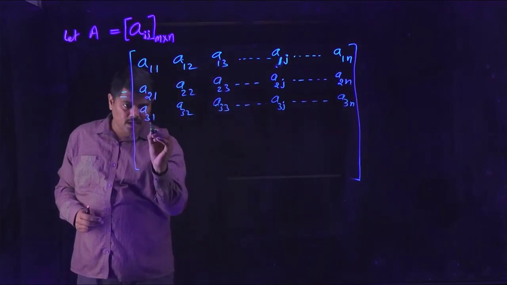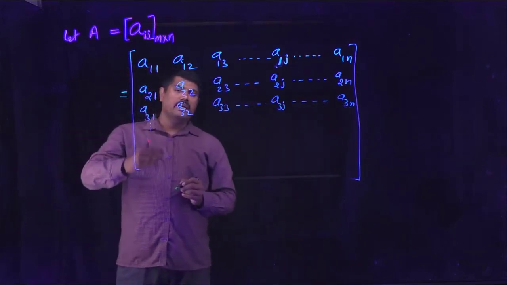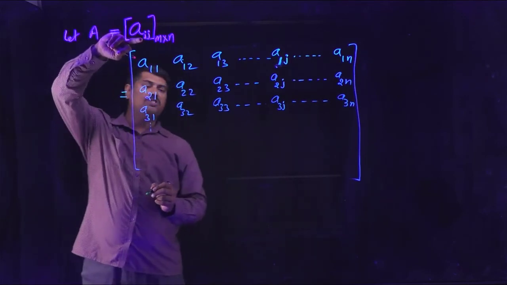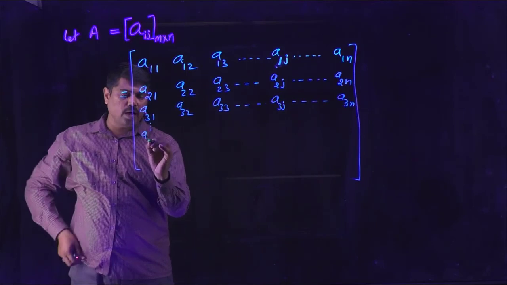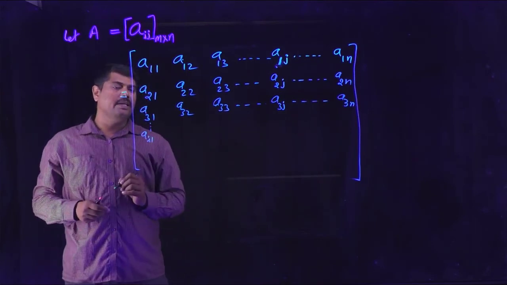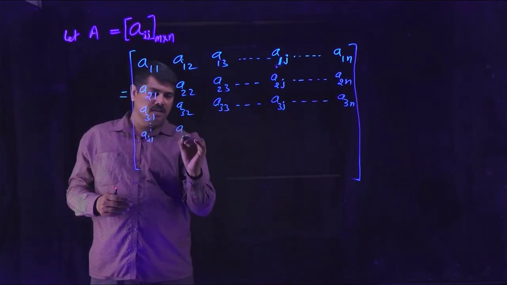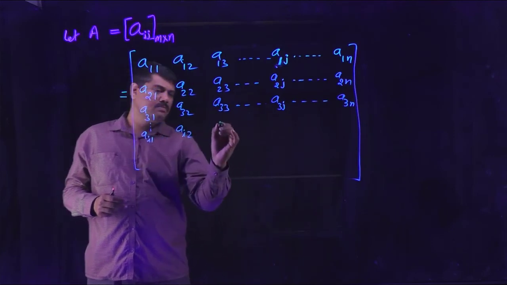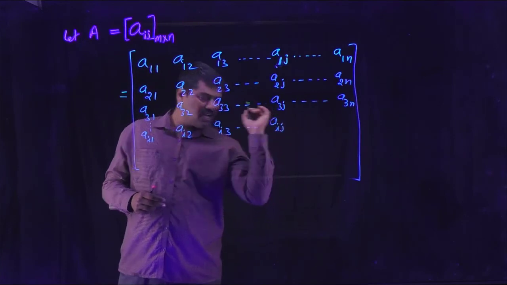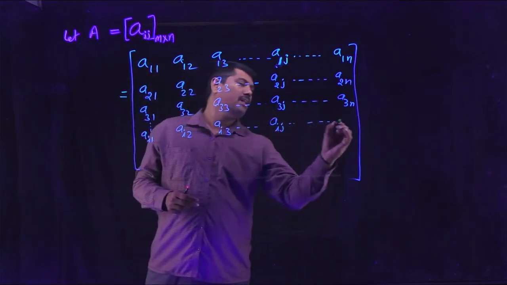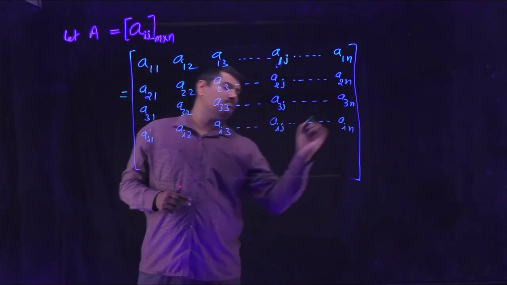So in this manner, we will go through a number. Here already we use i. i is the variation of a row here. So you come to the ith row: ith row, first column; ith row, second column; ith row, third column; ith row, jth column. And the last one is ith row, nth column.